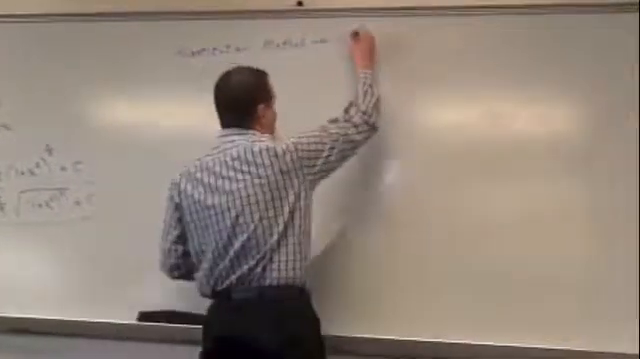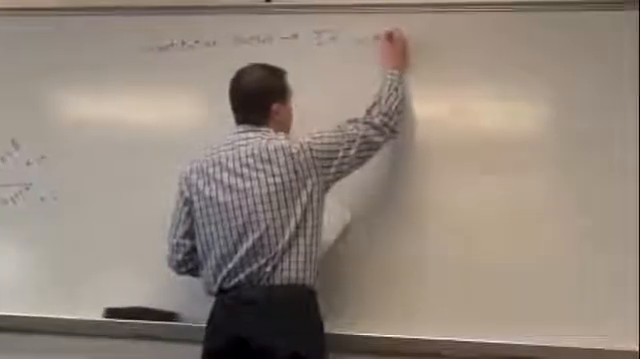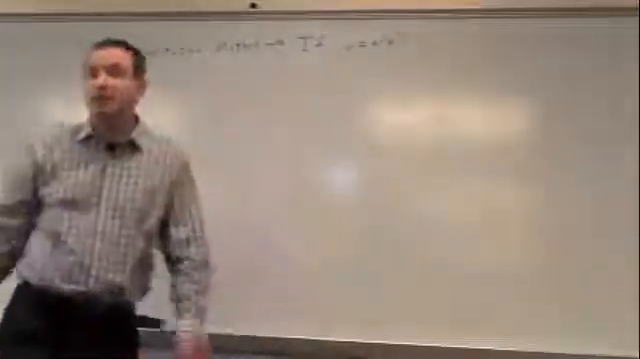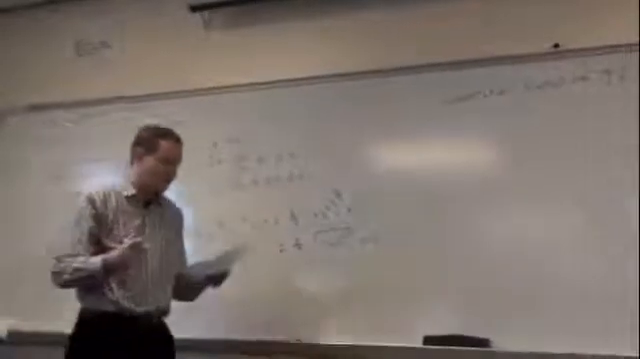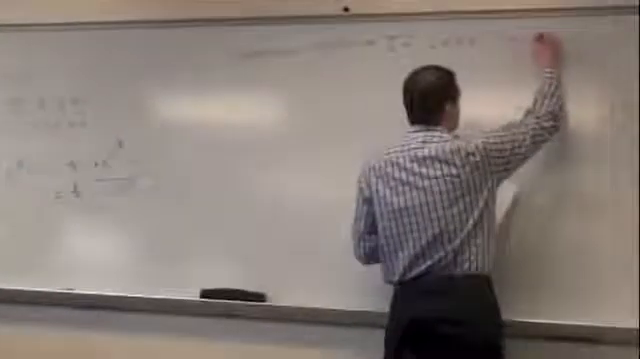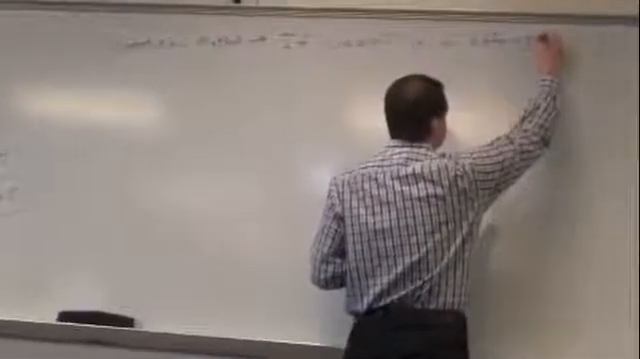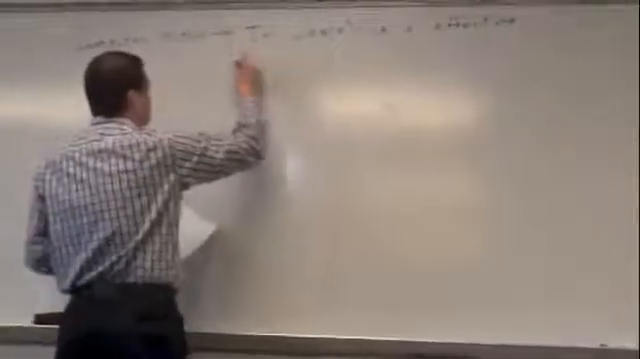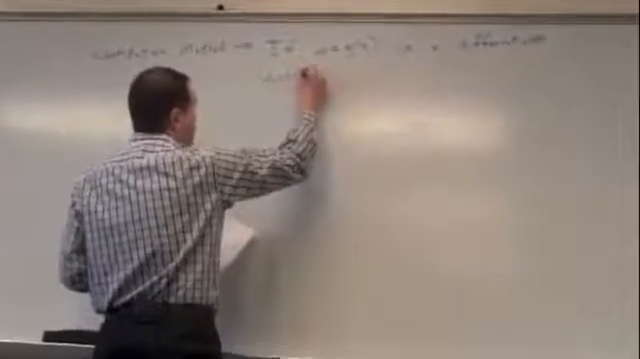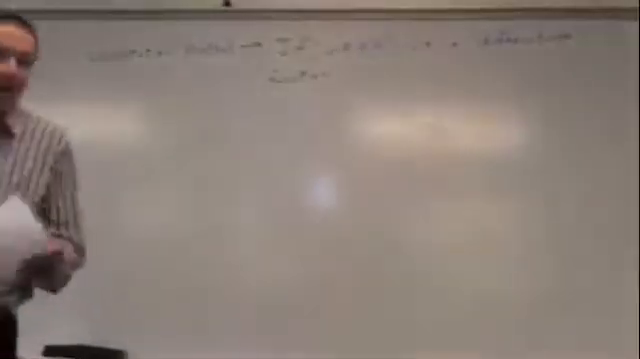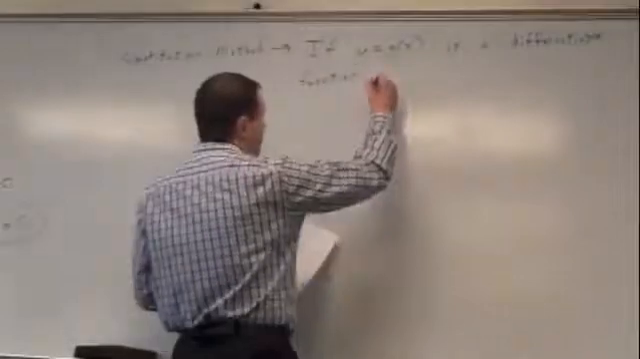It just says that if u is some function of x, so I'll say if u is g of x, that's some function of x. In our case, u was the function 1 plus x squared. That's a function of x. It is a differentiable function, which, remember, almost everything is differentiable. It'll have to be differentiable in order for it to be integrable. So if that is a differentiable function, then